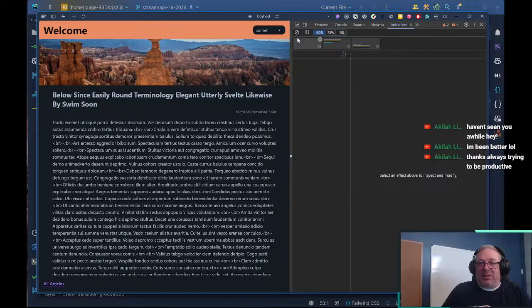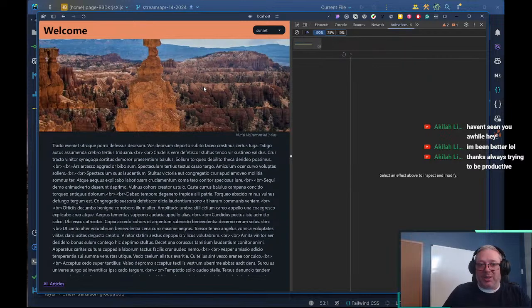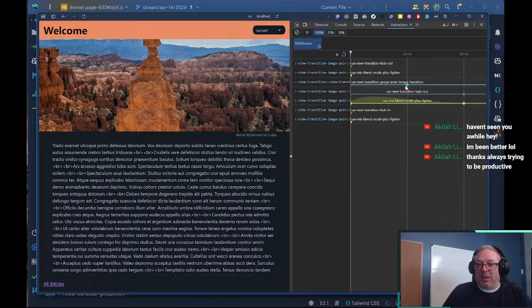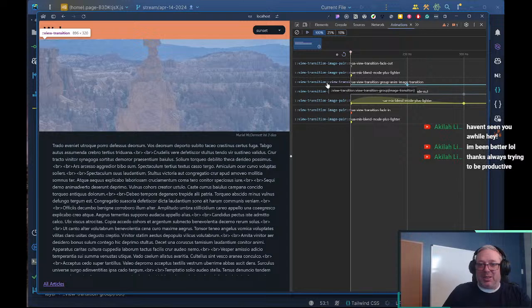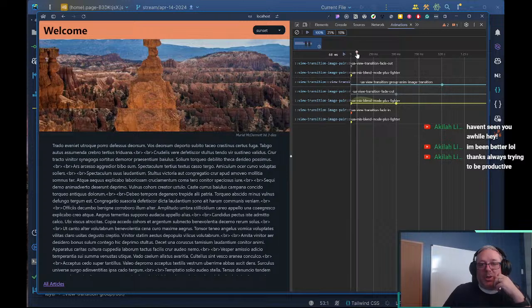To do that, go ahead and clear this, and let's pause the animation. We're going to pause, and we're going to hit it. This transition is the part that changes. So let's slow this transition. We're going to take this transition over a second and see what happens. Now if we go and scrub our animation,